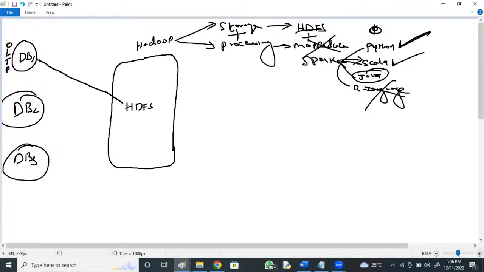From these you are going to pull the data from these different OLTP data sources. Generally, how to pull the data? You use a component called Sqoop import. Sqoop is nothing but SQL plus Hadoop.